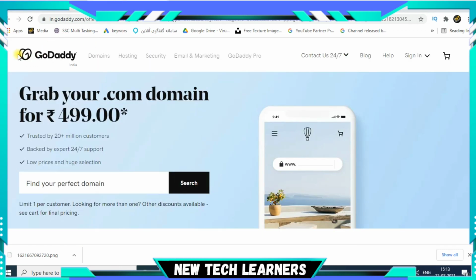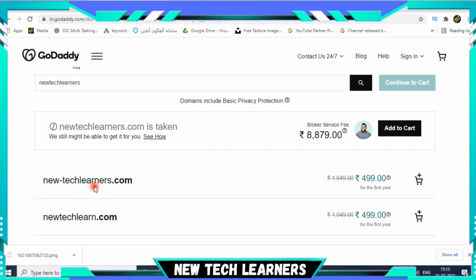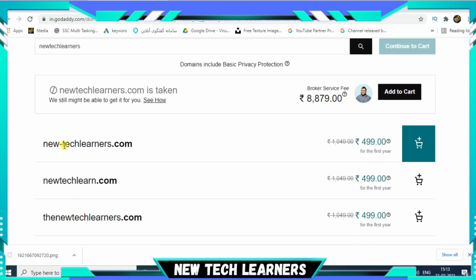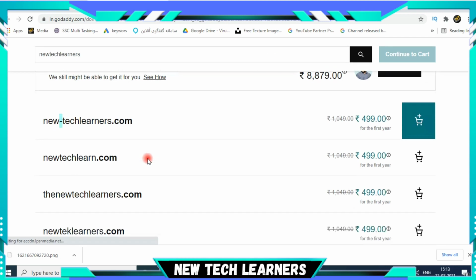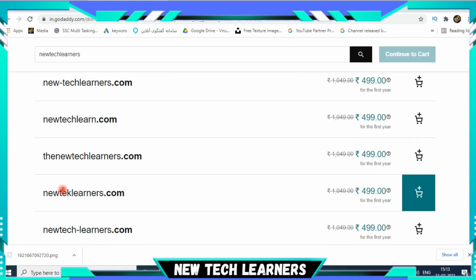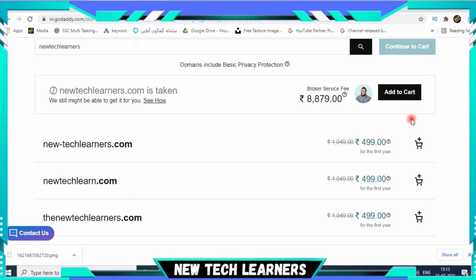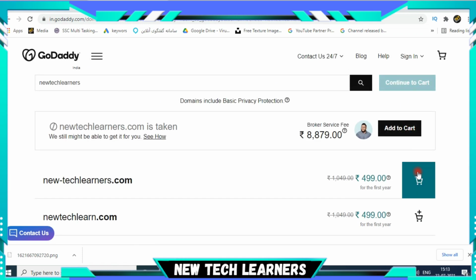And then this is our second website, this is godaddy.com. You will see something like this. You just have to search your domain name here, whichever you want to purchase, and then you have to click on the search button like this, and then it will show you something like this, and you just have to select one domain from here. Like this is newtechlearn.com and this is New Tech Learners, but this is different from my website. So guys, you just have to select from the available domain names, and you cannot purchase newtechlearners.in as it is already purchased. So you just have to click on the add to cart button.